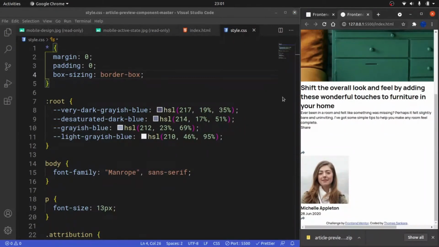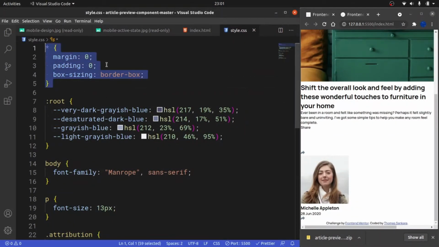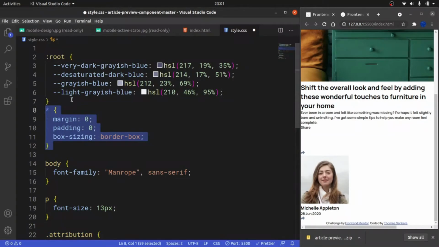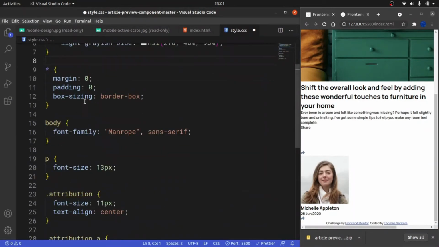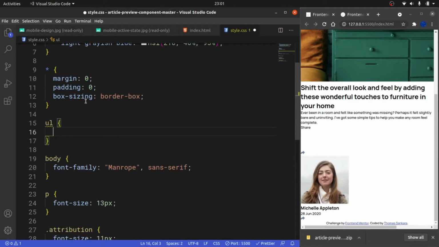Okay, which will move things inwards just a bit. Actually, I should have placed this at the bottom so that the root becomes the first one. And then below this, I'm going to say for the UL, then I want the list style type